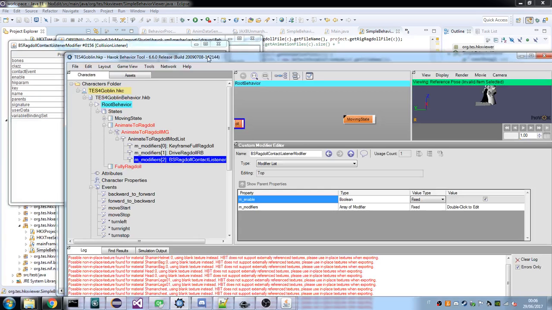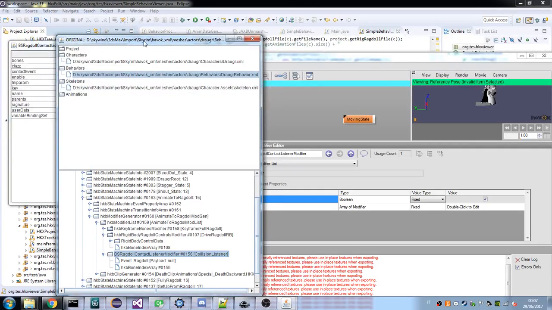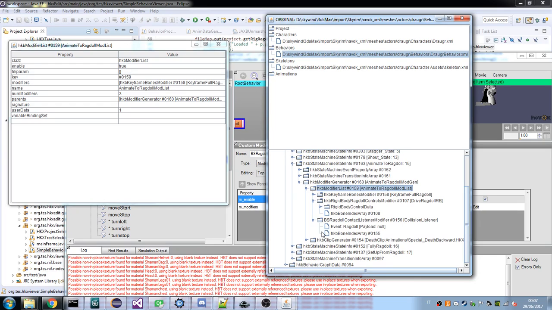Well, ideally it will be replaced, as I didn't actually have support for these still in the tool, but I'll definitely do it. And we're done with the modifiers. We can go to the clip generator,